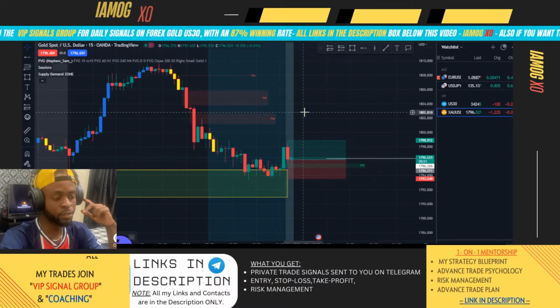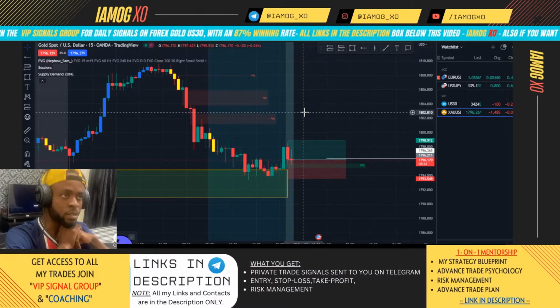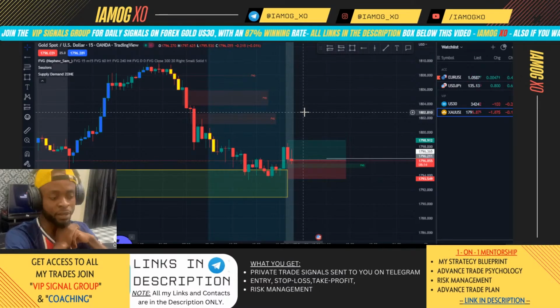Guys, I'll be honest, this setup isn't that valid, because the way I trade, I have my VIP way of trading for my VIP students and my signal group, and I have the free way of trading, which is for the streams and the free signals. So the probability of me winning on the free live stream is around maybe 60-70%, but the probability of me winning on my VIP signal group is around maybe 80-90% and above. So this setup is a good setup.